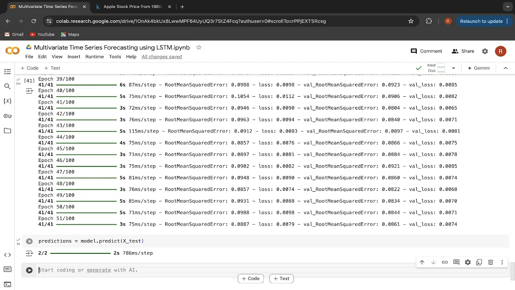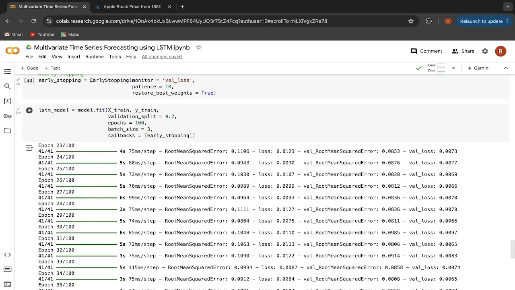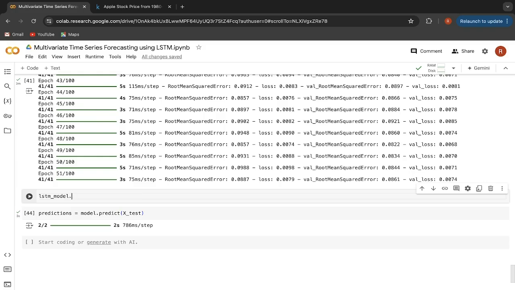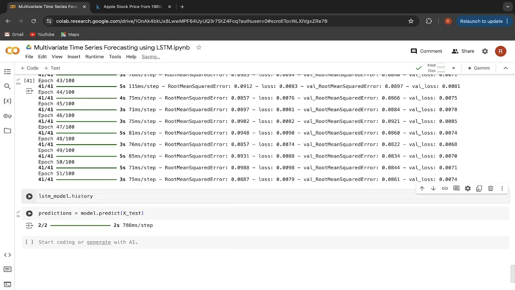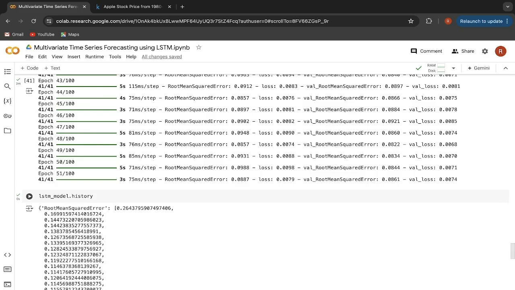Now, one thing you can also do before making these predictions, you can check any kind of data that you want to see of this LSTM model. So let's use this variable, the LSTM model, and then you can see all of this stuff on that model. Whatever the parameters are, or the number of epochs, history, model, all those things. Let me say history. It will give you all the errors, validation loss, root mean squared error, everything, right? So you can see any data about the model that you have recently trained. Fine. Let me hide this output here.